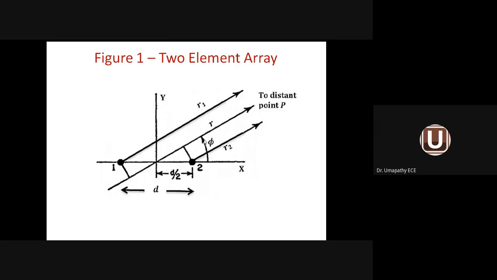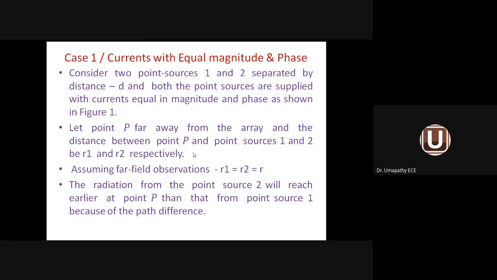What is angle phi? Angle phi is nothing but the angle difference between the horizontal line or the ground and the array or the radiation. The angle between the radiation and the ground surface is called angle phi. And we are drawing this in the x and y axes, that is a two-dimensional plane. This is the example figure for a two-element array. Let us go one by one.